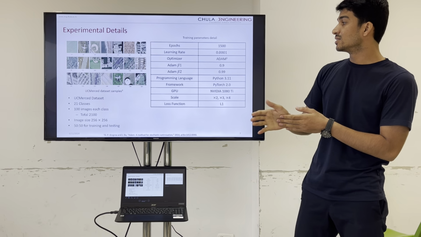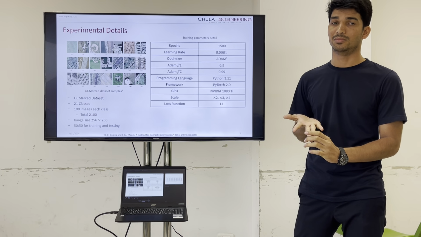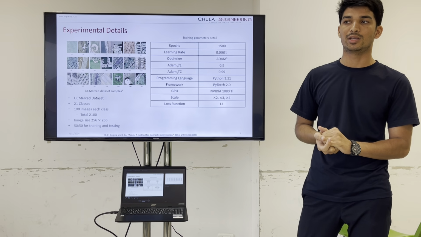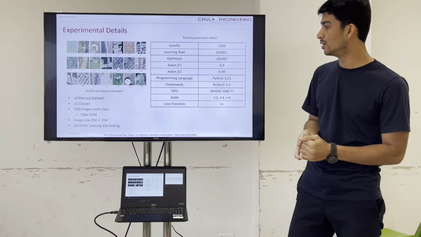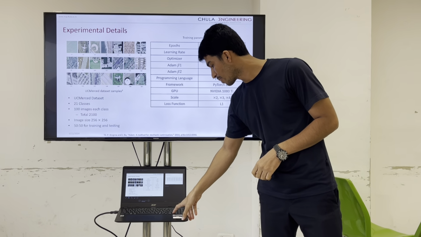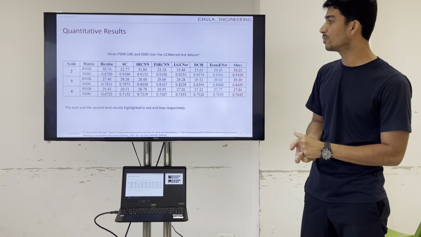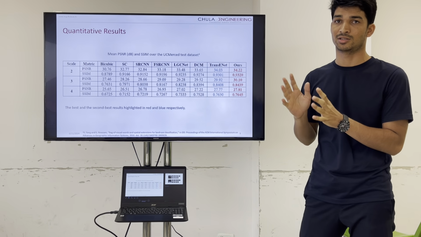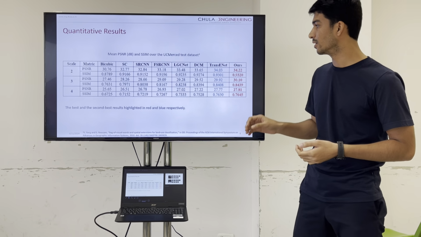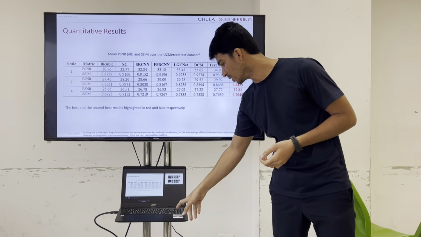These are the experimental settings. This is the data used. You see the UC Merced dataset from the University of California, that I used, and this dataset consists of 21 classes and 100 images from each class, and the size is 256 by 256. And these are the results in terms of PSNR, peak signal to noise ratio, and SSIM, structure similarity index, in terms of texture, contrast, and color. As we can see, our model achieves a good PSNR and SSIM as well.